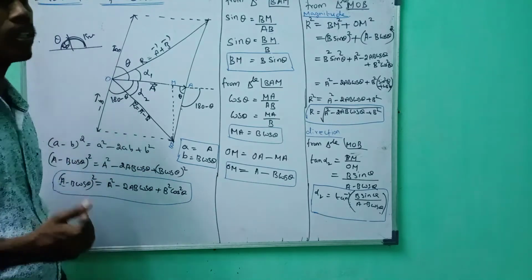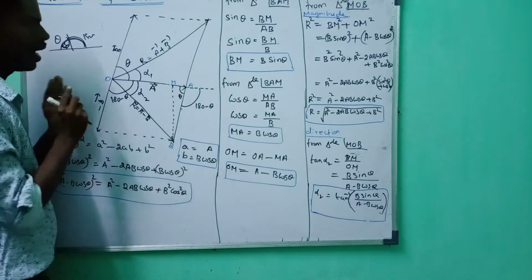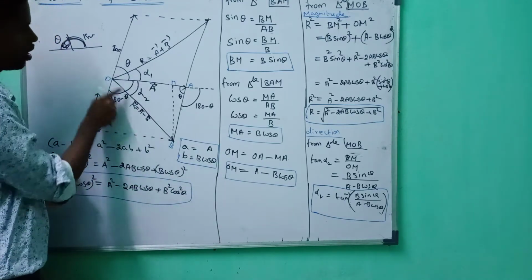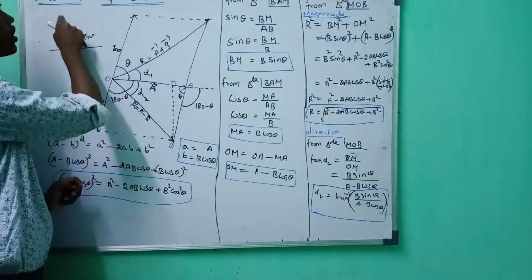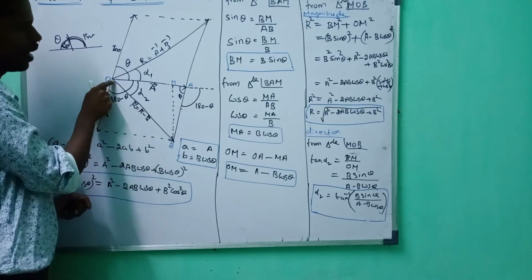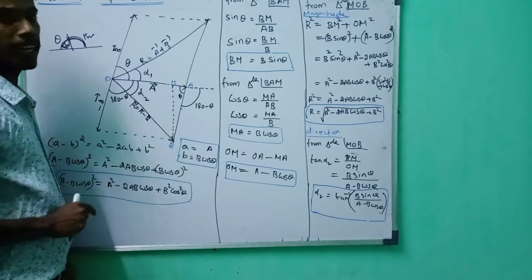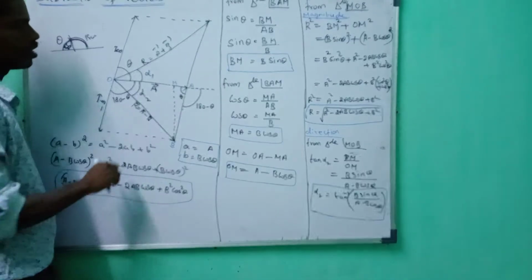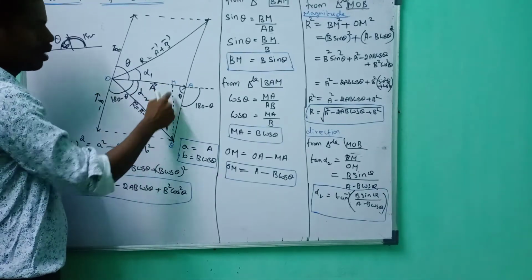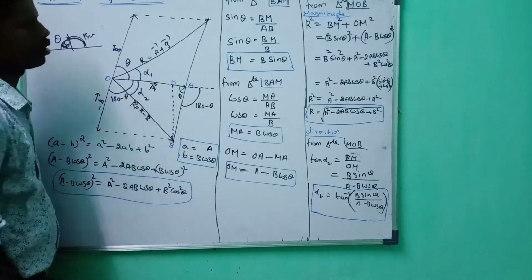Why do we have to find these terms? Listen to me. I have to find this value. This is our aim: subtraction of the two vectors. This is the resultant vector of the two vectors. If we want this one, I have to form the right angle triangle. So OMB, that is the right angle triangle. It is making the angle alpha 2.